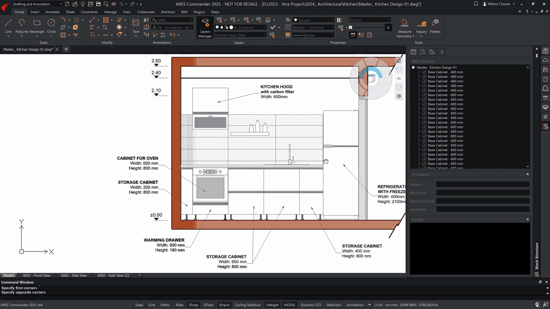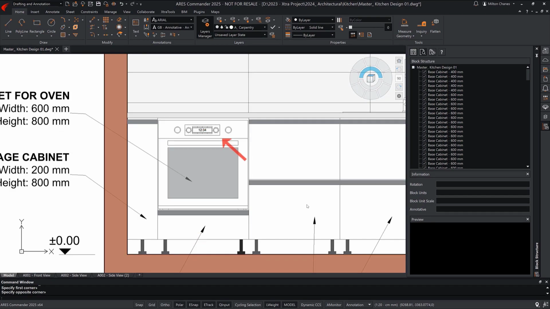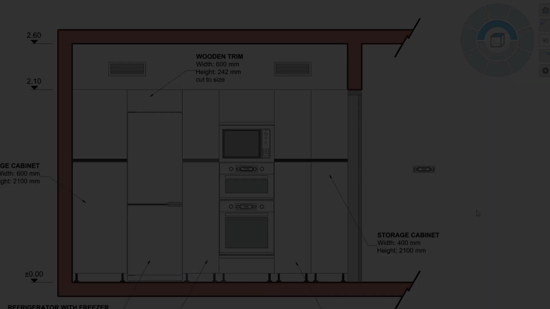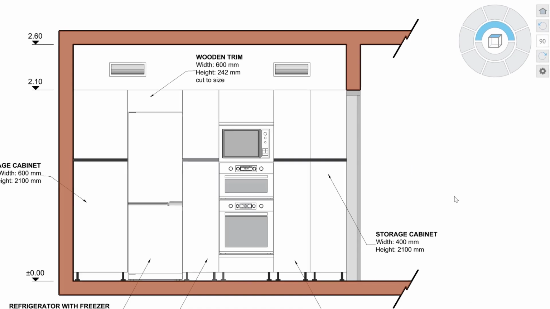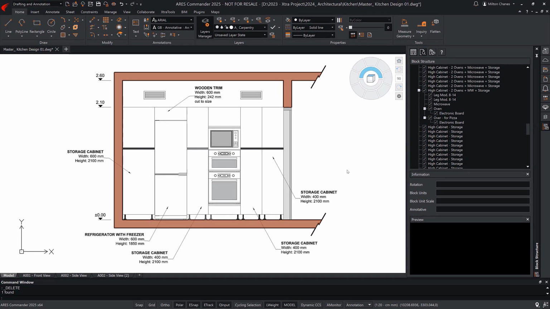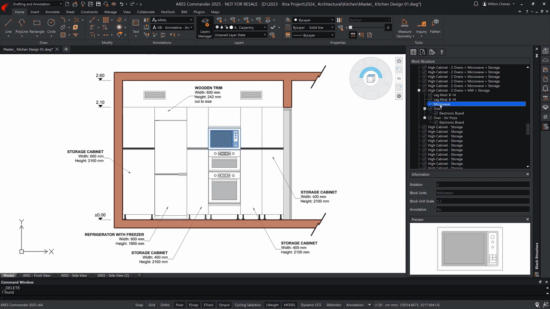Of course, the same block can be reused within others as many times as needed. Now we can delete the block we inserted to make the changes. In fact, the palette allows us to do this directly, but you will likely find it easier from within the drawing. The block structure palette opens up new opportunities for blocks and their organization. Now we can create more complex elements without compromising our ability to edit them efficiently afterward.